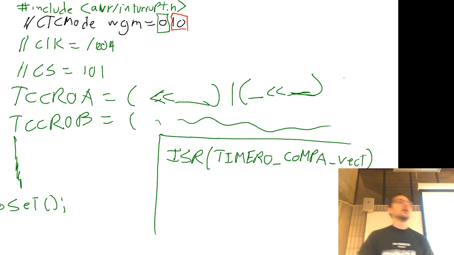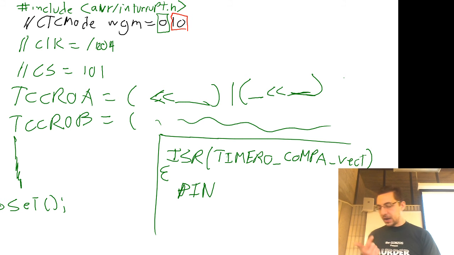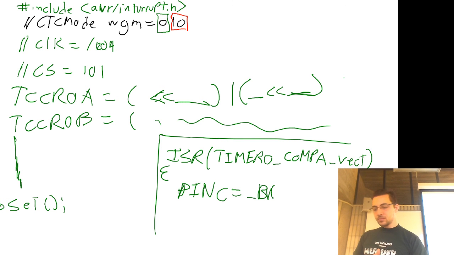Okay, again, autocomplete will actually help you with this. You start typing timer 0 underscore, it's going to give you a list of options and you can kind of scroll through and then you're good. So what are we going to have here? Well, this is, for now, let's just say pin, what did I use? PINC equals _BV